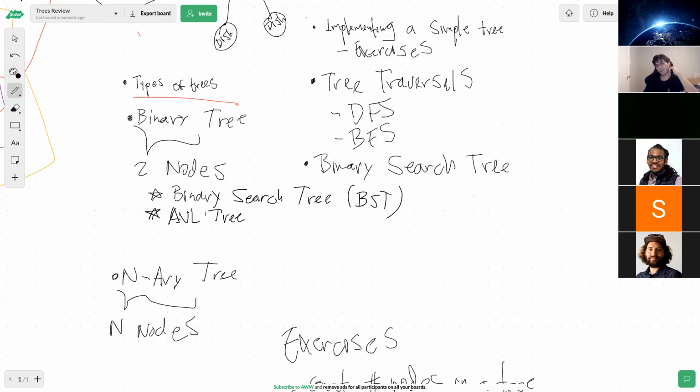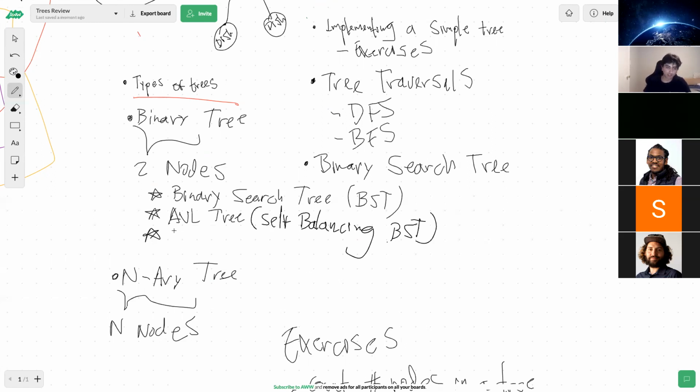At first I thought AVL meant auto balancing until I looked it up, and it's not auto balancing. But this is known as a self balancing tree, a self balancing BST. And we're going to see. Remind me to talk about what a balanced tree means.